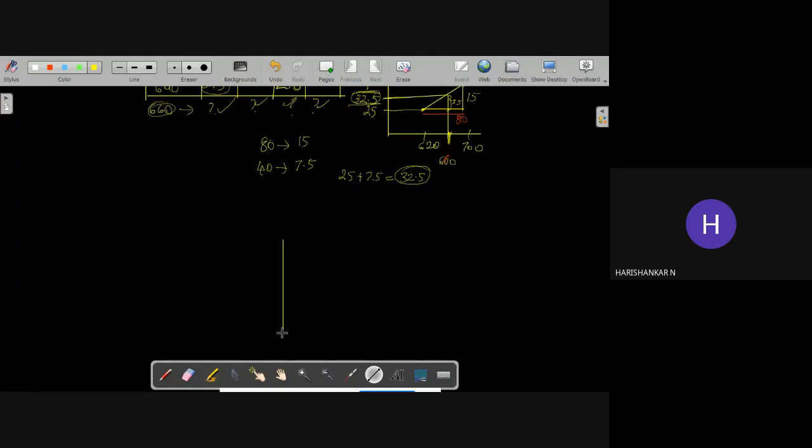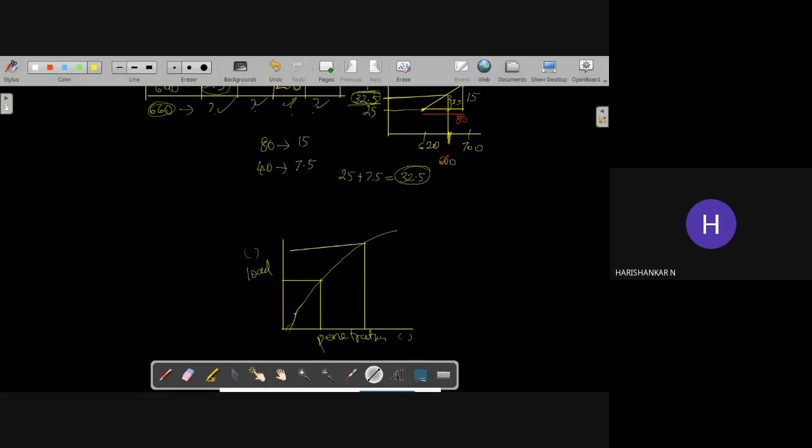For CBR testing, you will have a graph. Here it will be the load versus penetration. Penetration will be in mm and load will be in kilogram. So you can have the graph like this. It will be starting from any value. With the help of a dial gauge you can measure the penetration. For the 2.5 mm value you have to locate the load, and for the 5 mm value also you have to locate the load like this.